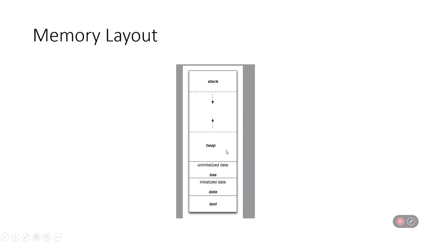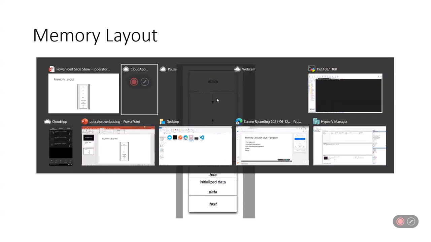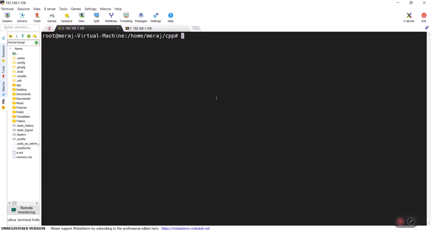The stack and heap come into the picture when your program is being run, and they grow towards each other depending upon your program's memory consumption. Let's write some code to understand more about these sections.